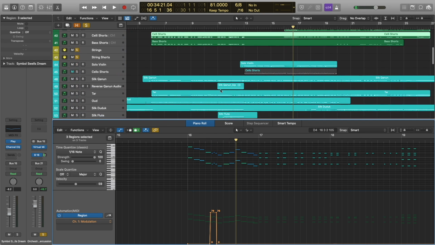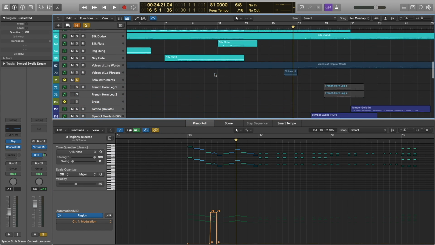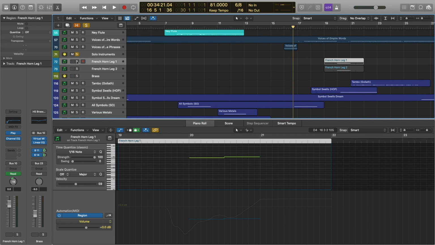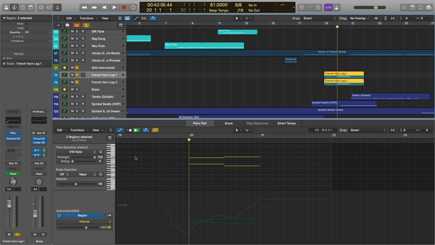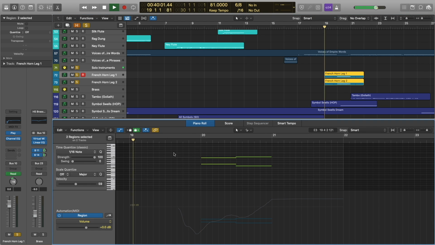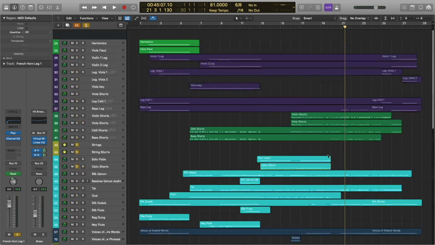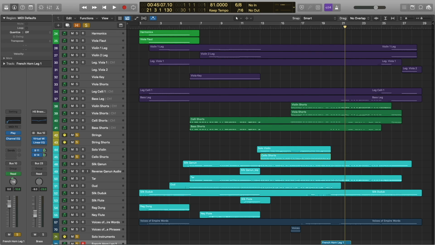And finally, we can add in the brass. And the brass is pretty much just going to be helping us to crescendo into the next part of the piece. So let's go ahead and take it at bar 19. So not too much to talk about there. All right, and we are into the final section of the piece, so let's go ahead and give that a listen and break it down. Let's start at measure 19.